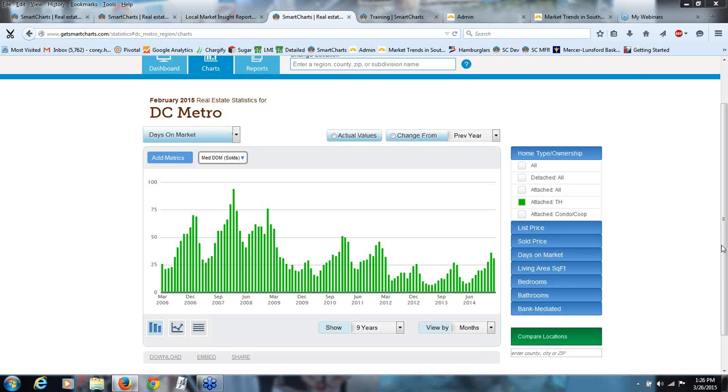What would be the best information to use in a seller's presentation, especially if the seller wants to price too high? Okay, we can dive into that right now, actually. There's a great chart that at first might seem a bit scary, but once you've mastered this chart, it's the perfect chart for the question